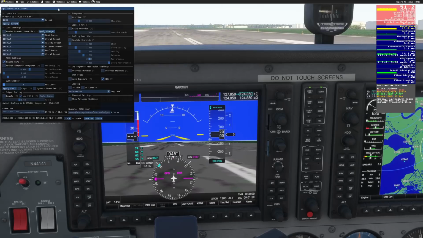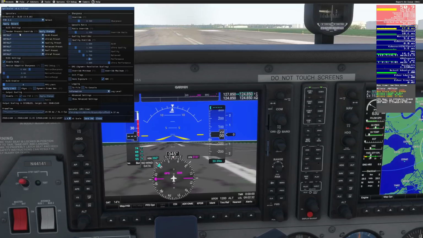So let's go over the OptiScaler tool. Again, I'm using version 6.7 as you see here in the top left. If you're using version 7.0, you will have a couple extra options, which I will go over in a moment. The first thing that we're going to take a look at is the upscaling method. Currently, we are set on DLSS. I'm going to set this to